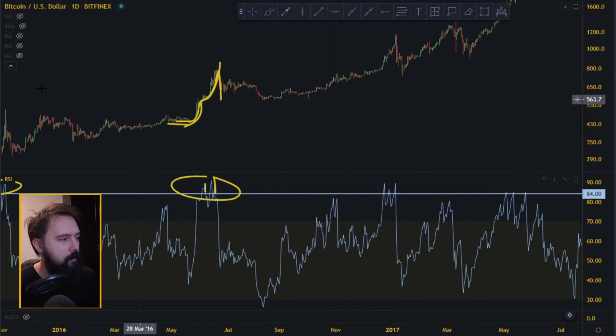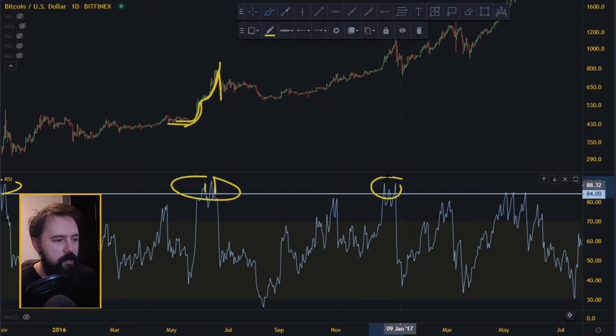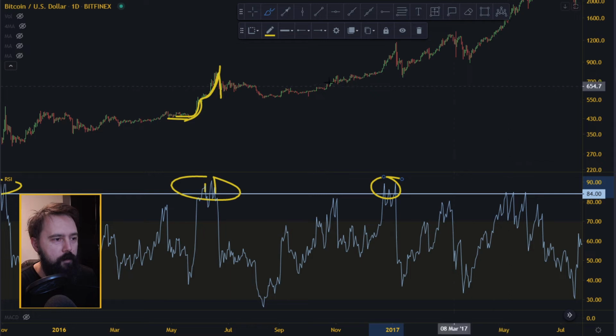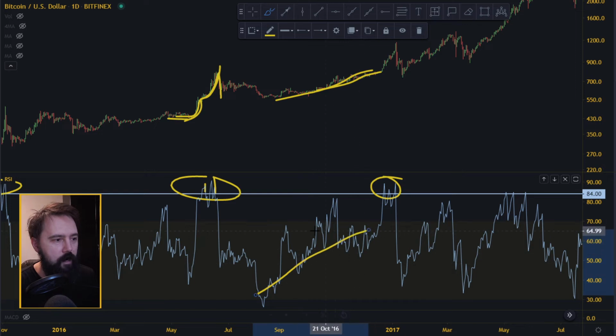Let's see more confirmations of this top over here. The price is slowly going up. But I see that when it's slowly going up, the RSI is going up, and it gets these pushes to 87, just like over here, right? But it doesn't go above 84, because it goes up and then it gets down to some kind of level, and it still gets the force to continue moving up.